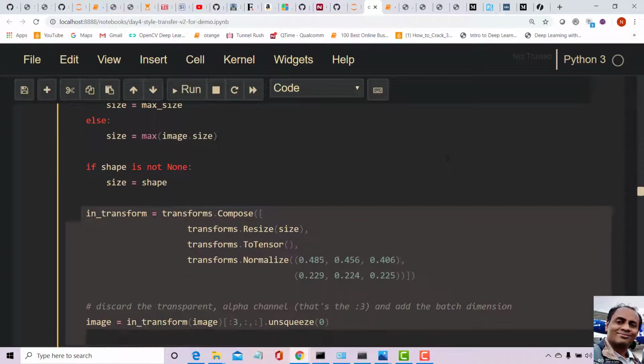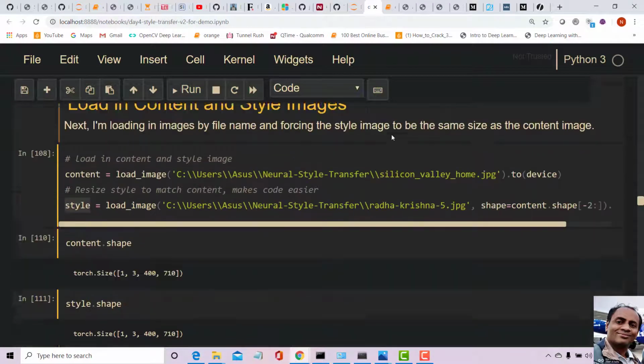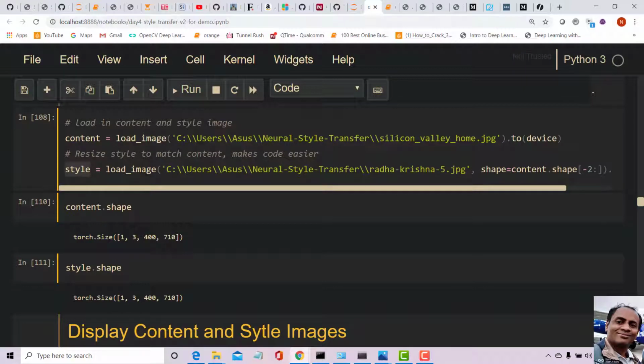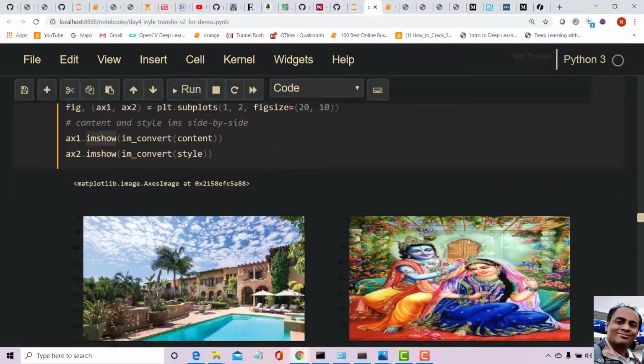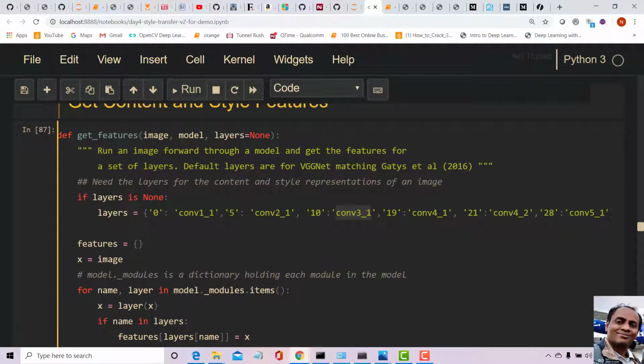Now we are going to pass the image through the network and extract the output at those layers. That's what is being done in this particular function, get features. I'm passing an image and the model, and in fact we want the outputs of these layers.